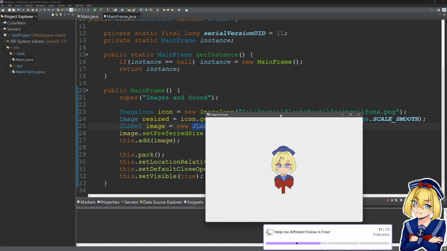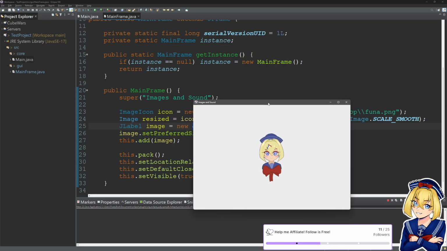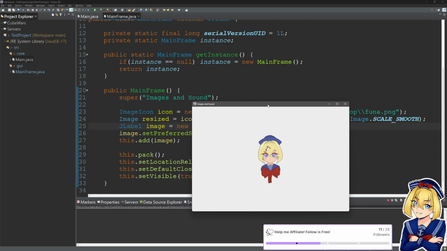In order to make Cube Wars, we kind of had to force Swing to do some things that it wouldn't normally want to do. But that's because Swing wasn't really built to do the things we were telling it to do. So yeah, that is a JLabel with an image in it.